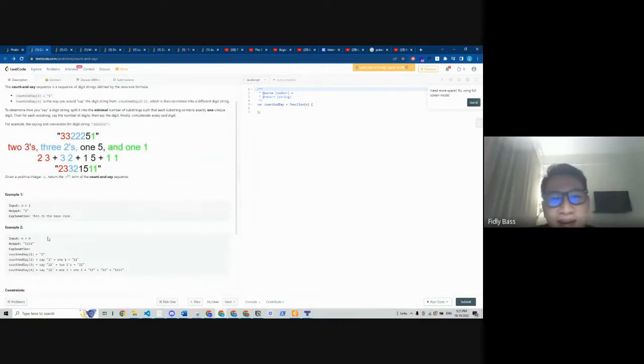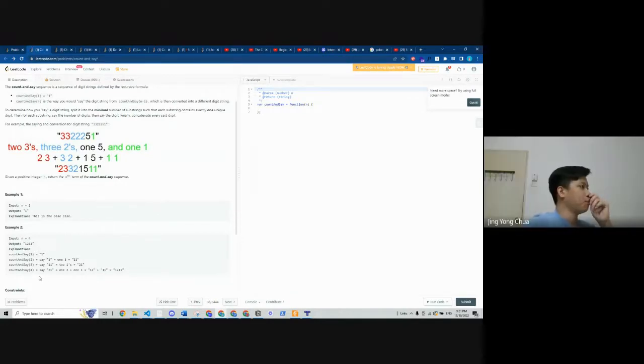Yes, that's true, and then we add into a variable counter. So if n equals 4, the output they put is 1 2 1 1, right? That's the base case. Then they say 1, because wait, there's something weird here. They say 2 3 3 2 1 5 and 1 1. Okay, it shouldn't be that hard, I think. I hope not.